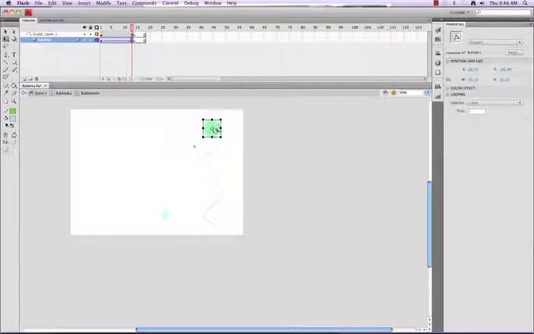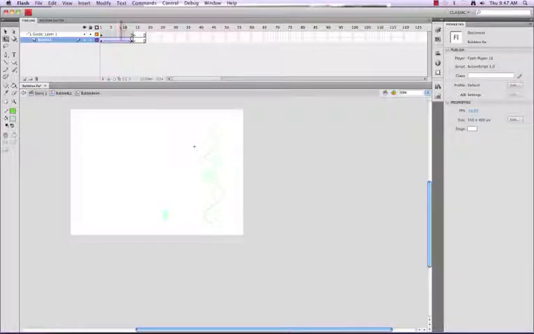So we can go to selecting the actual symbol that's on this keyframe. We go over here to color effect, and we go to alpha. And we just turn the alpha all the way down to 0, so it's totally transparent. And when we go back, we can see it fades as it gets to the top. Now, if it's fading a little bit too fast, as we can see here that it kind of is,